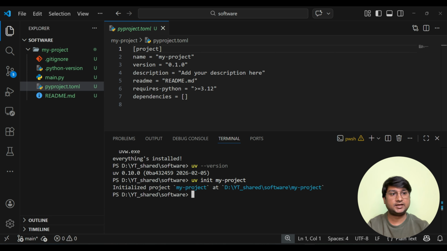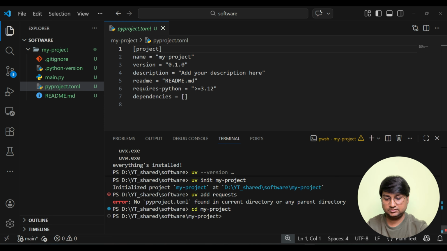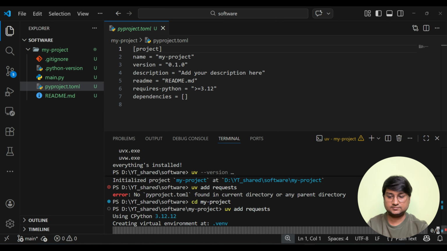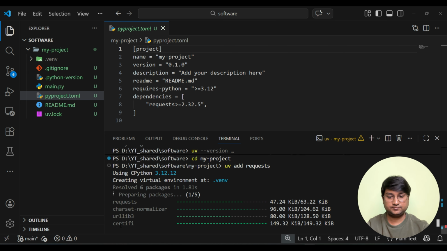Let me show you how we can add any package. To add any package, the command is very simple. You just need to say uv add requests. Okay, my bad. I need to go to the project directory, cd to my project. Now if I run uv add requests, you can see that it is downloading the package,